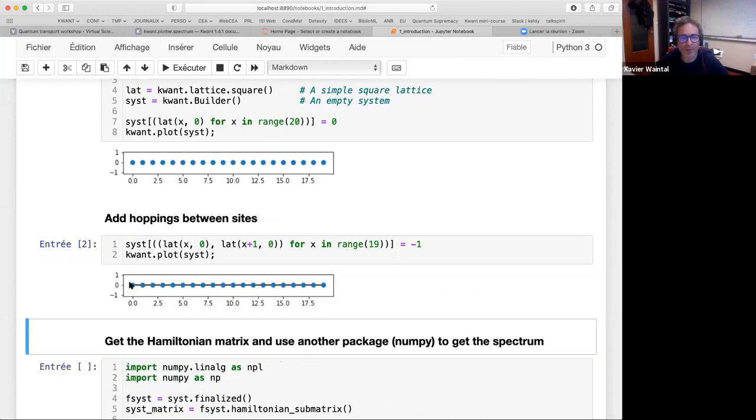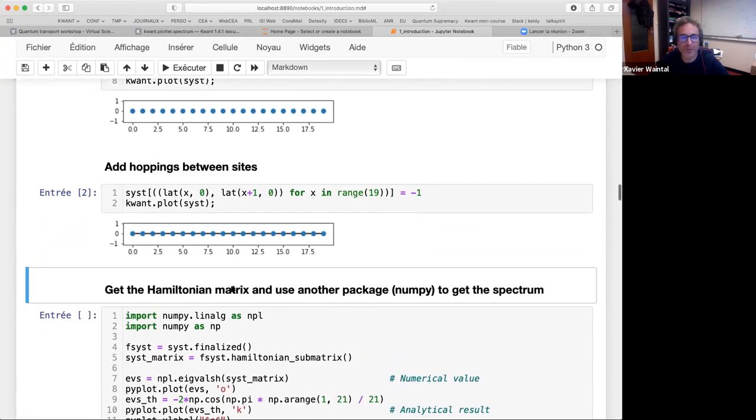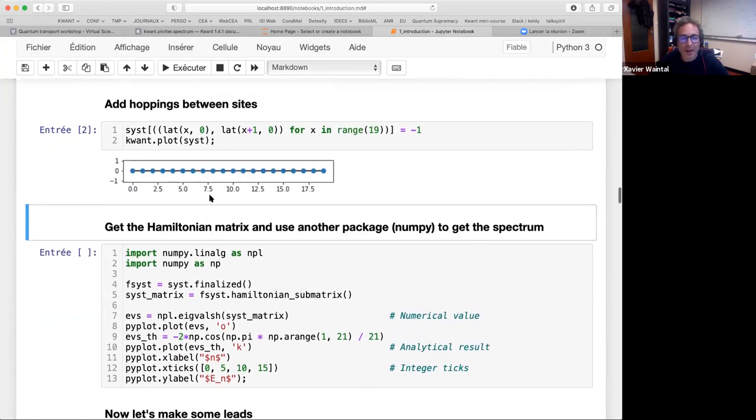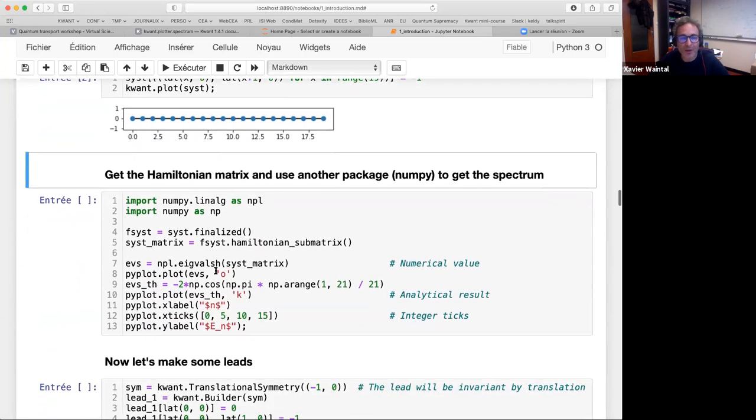And you see now that when I plot the system, I see the hopping. So it's a good way to make sure that everything has been done properly, to always plot the system afterward. So already with this, you can branch to other